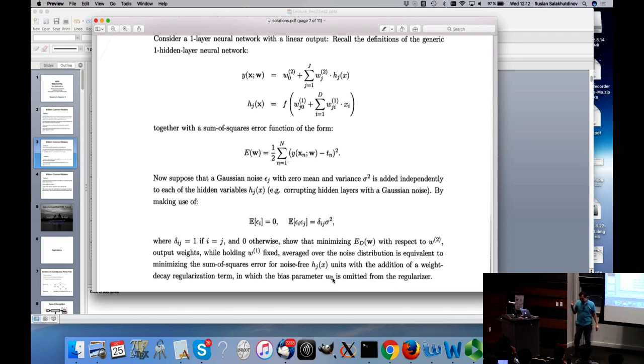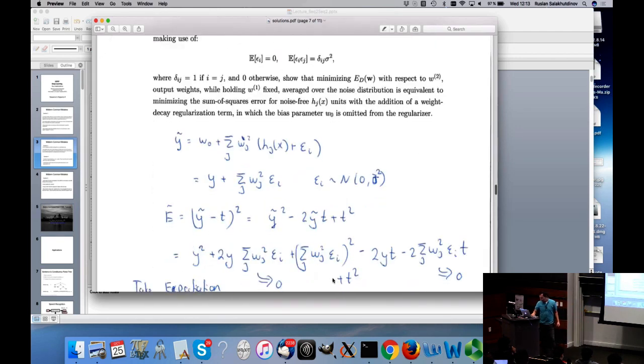Right? And a lot of people were using this idea, trying to say, well, actually, if I start adding Gaussian noise to my hidden variables in all the layers, then maybe it can make my network behave more robustly because it's a form of regularization. And it actually works surprisingly well. You can't prove that it's L2 regularization, it's some other weird regularization, because you have to go through nonlinearities. But this question gives you a little bit of justification, right? That adding Gaussian noise to the hidden variables is a form of regularization.